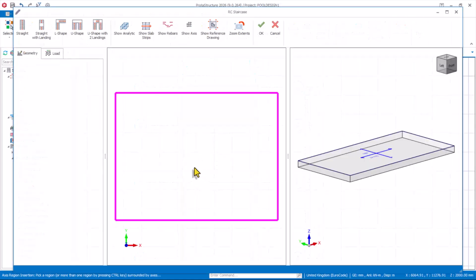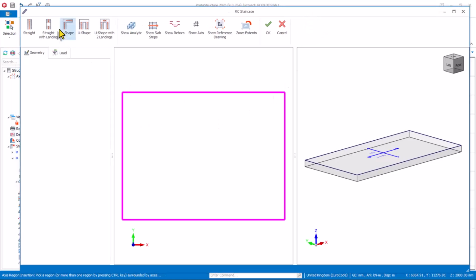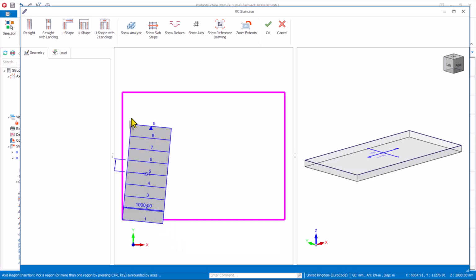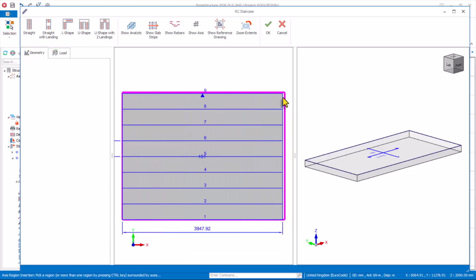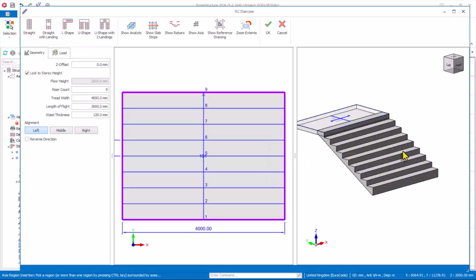So once I click, this will open the staircase dialog just like this. I'll pick the first one. This is the one I'm considering. I pick the first point right here, pick the second point, and then I pick the third point. All right, to have this stair placed successfully just like this, I will need to adjust the waist thickness, okay, to be 175 right here, after which I click on the OK option from here, or I will move to